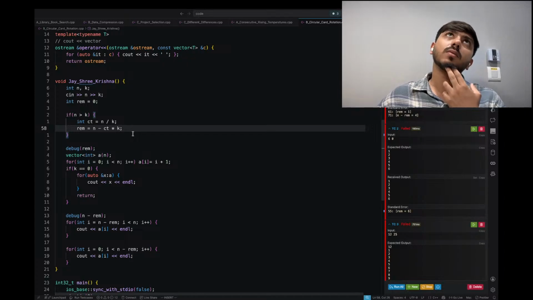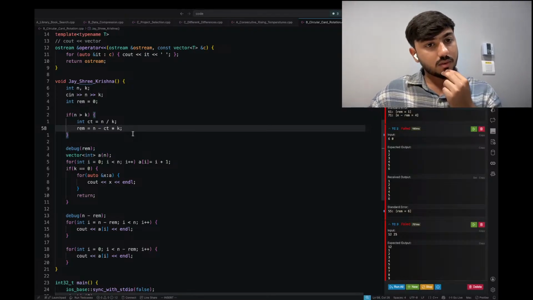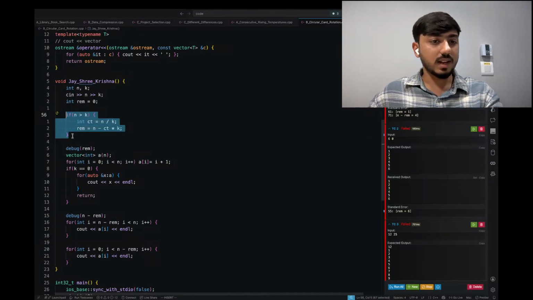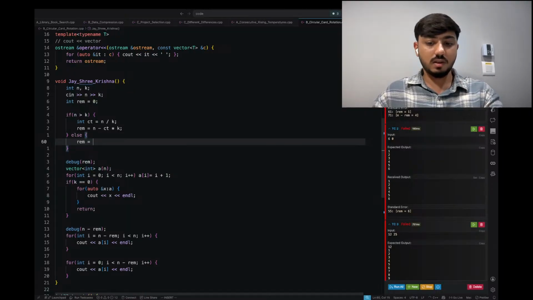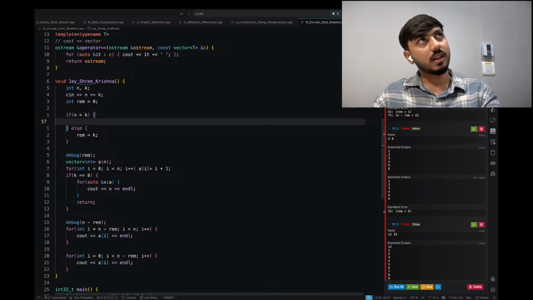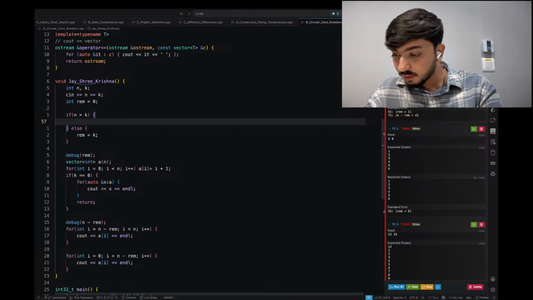5 means 2 shift, 2 shift, doesn't help. Oh, oh. K is less than n, that is your reminder. This is what it is. Why? If n is greater than k, that means